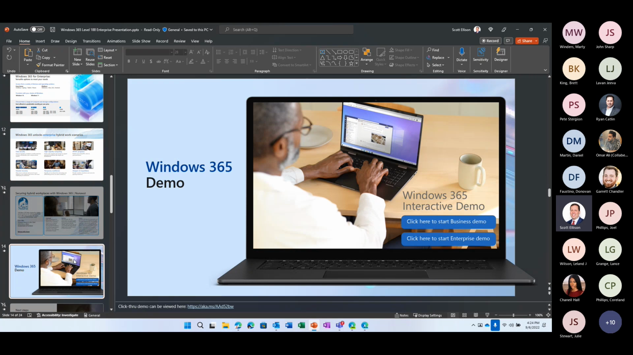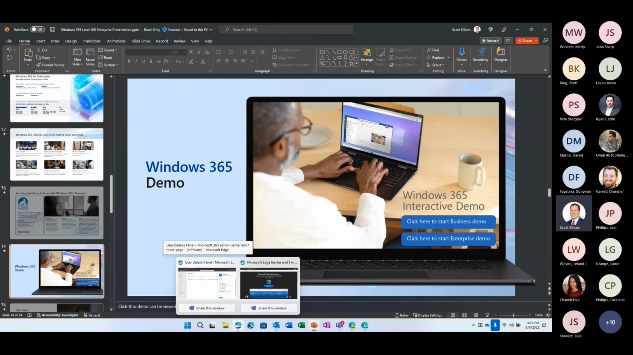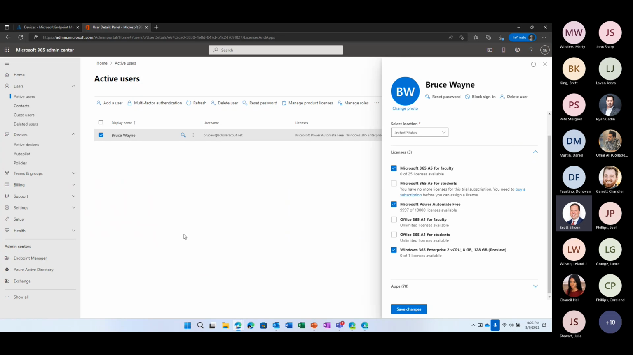So what I wanted to do right now is a deep dive into the demo of Windows 365. How is it provisioned out? All of the more technical details of how you would set this up and how you would get this rolled out to your users. One of the requirements before you get started is that you'll have to